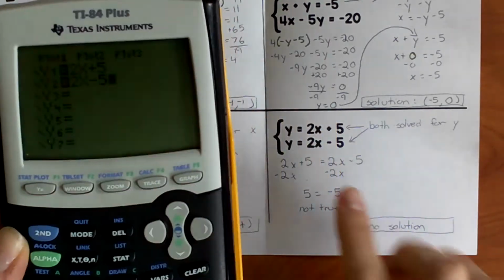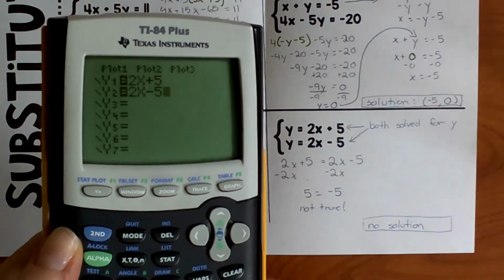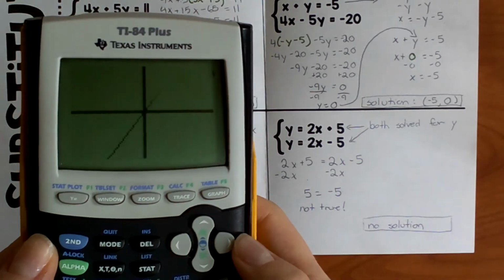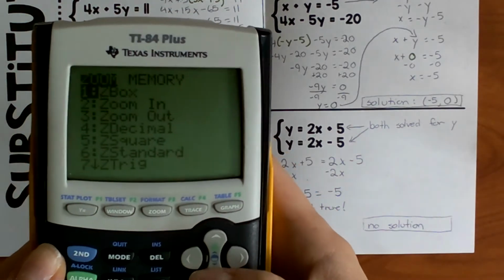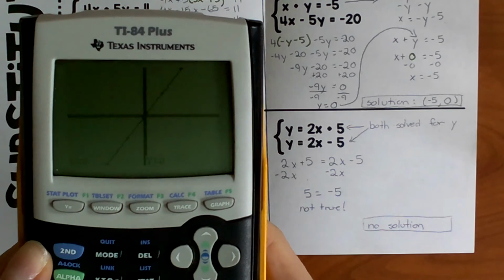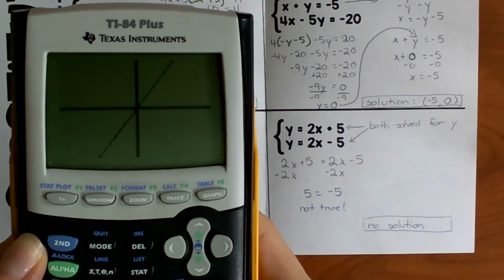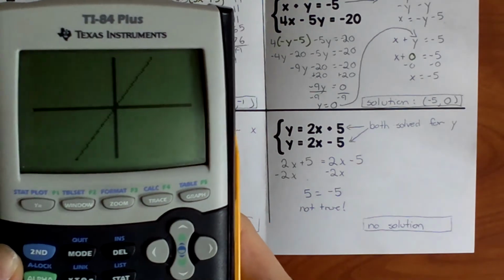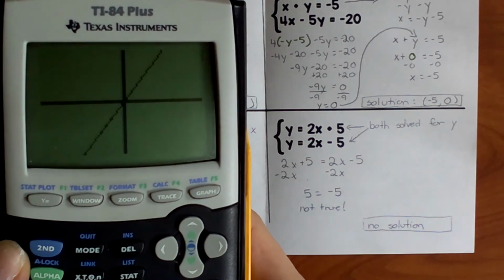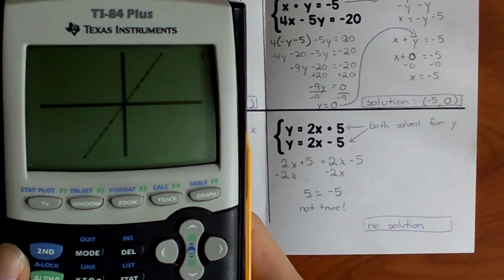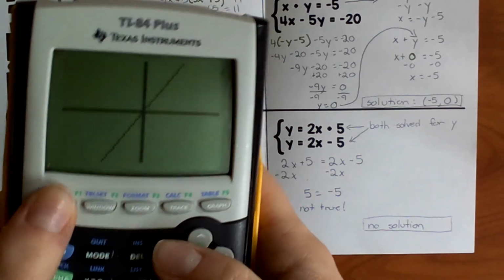And maybe you've already realized it, but these have the same slope. And what do we call equations that have the same slope? What are they going to look like? I'm going to zoom in a little bit. Mine is zoomed in pretty far. Let me make sure I have